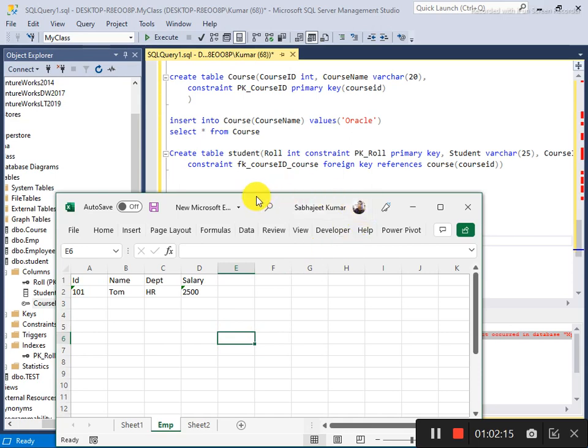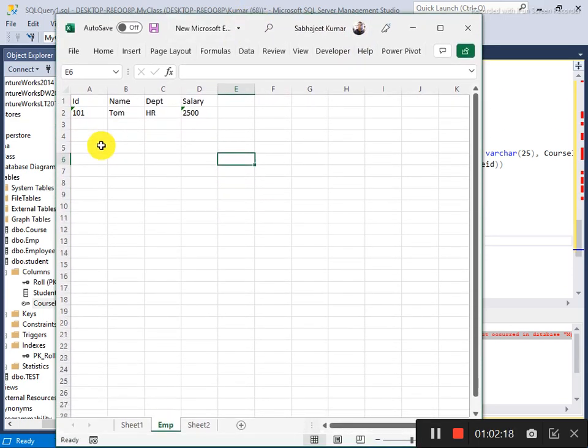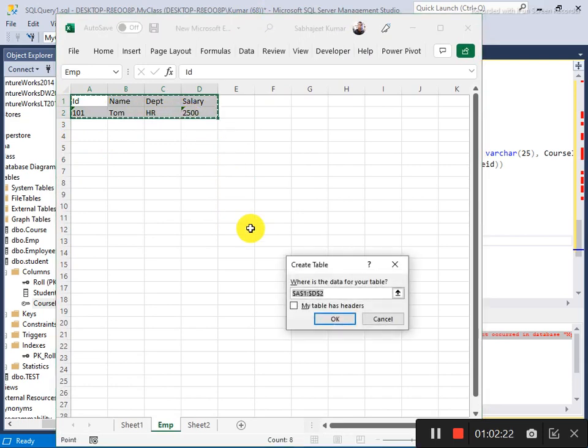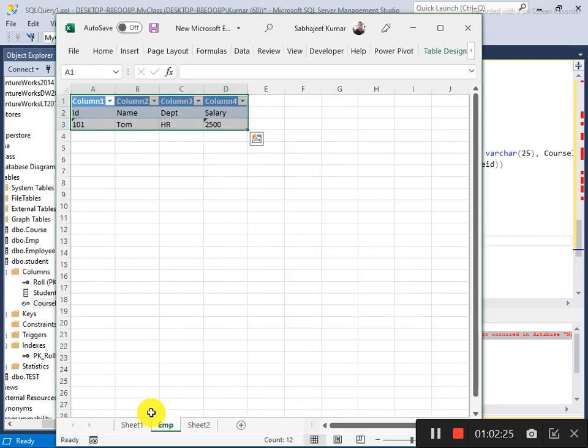So see here, I said that if you are importing, this is a table. This is a table inside the EMP sheet.